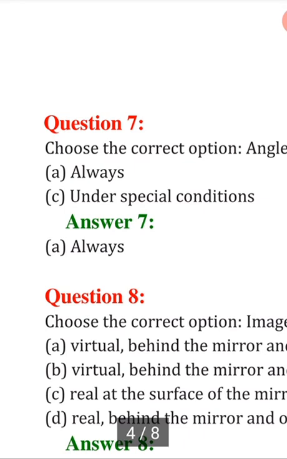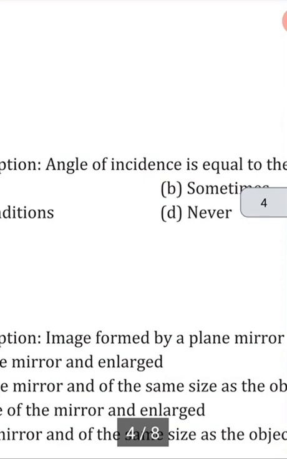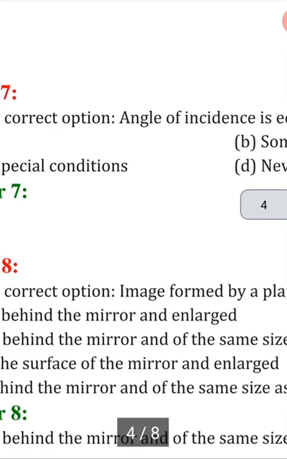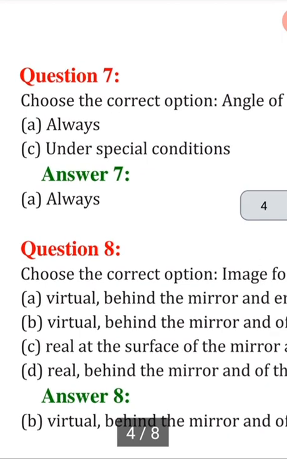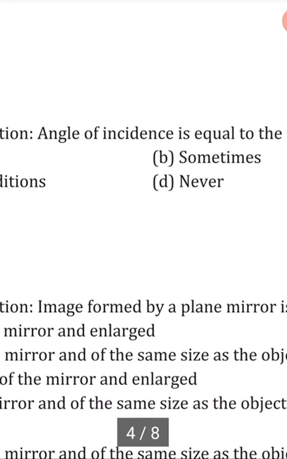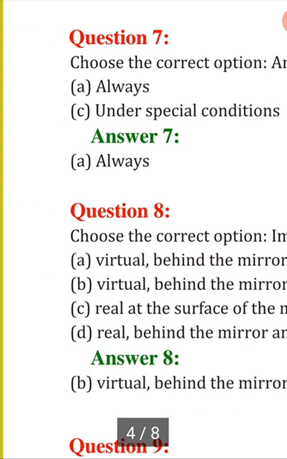Now question number 7. Choose the correct option. Angle of incidence is equal to the angle of reflection: always, under special condition, sometimes or never. इनमें से एक हमने चुनना है। तो हम जानते हैं, हमने पढ़ा है लॉज़ ऑफ रिफ्लेक्शन, और फिर हमने एक्सपेरिमेंट भी किया है इसको बताने के लिए। तो हम ये अच्छी तरह जानते हैं कि they always lie in the same plane।